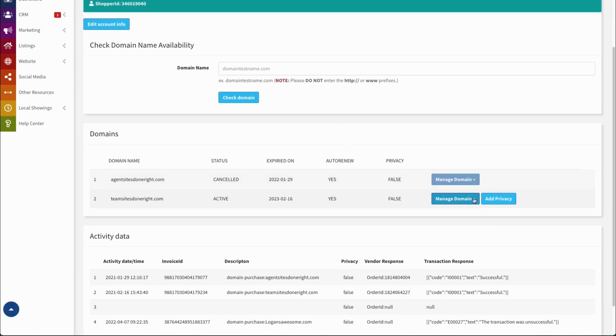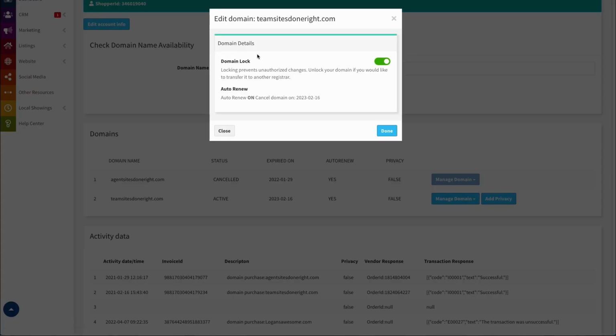And then when you'd like to transfer the domain, you just click on Manage Domains, Lock it / Unlock Domain, and you can see the domain lock right now is currently turned on. You would just click this toggle and click Done. That turns off the domain lock, and the system will then send an email to the administrative contact for the domain with an